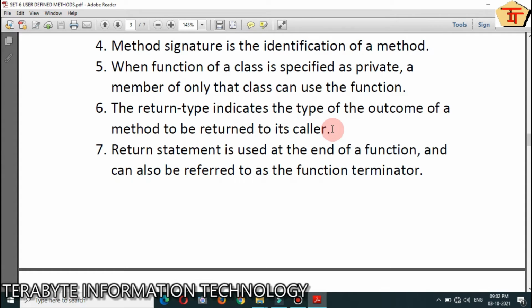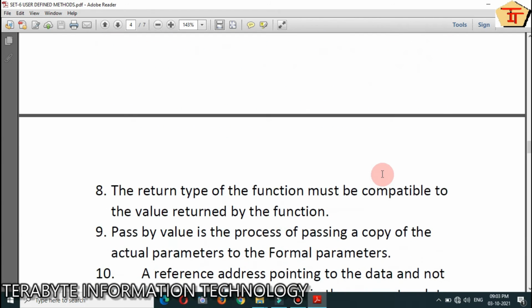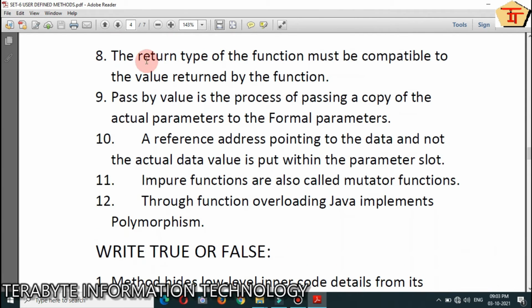So the fill in the blanks is outcome of a method. Number 7, return statement is used at the end of the function and can also be referred to as function terminator. So here the fill in the blanks is function terminator. Number 8, the return type of a function must be compatible to the value returned by the function. The fill in the blanks is compatible.